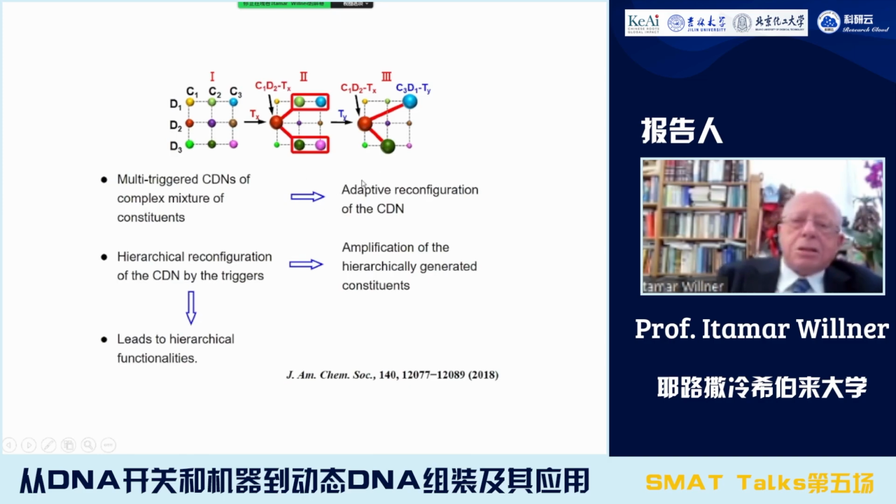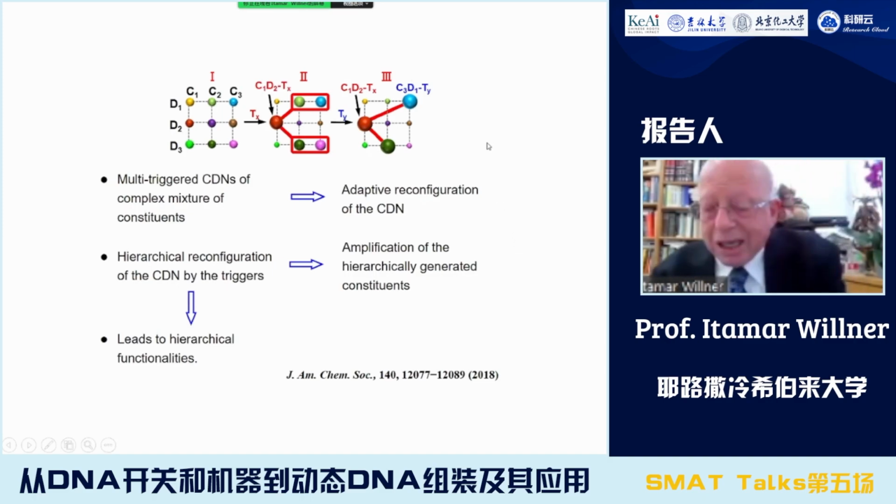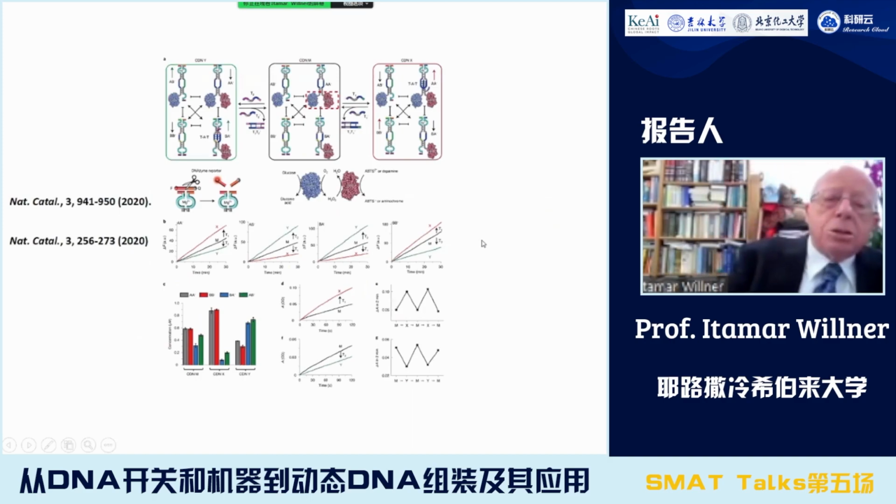But you might ask a very legitimate question. You show us here this complex network. For what is it good and what can we do? What application can emerge from this dynamic network? And in the next few slides, I want to show you a few applications. The first application is to control biocatalytic cascades of enzymes.